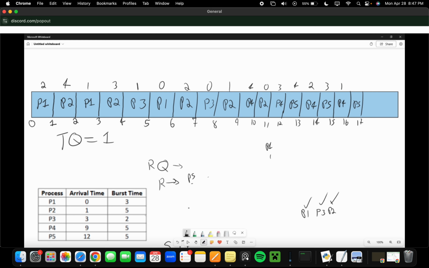Now it's at 2 left. And then P4 is going to finish here. So P4 goes up to 18. So it completes there. And then finally, P5, 2